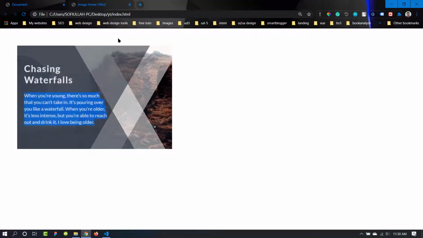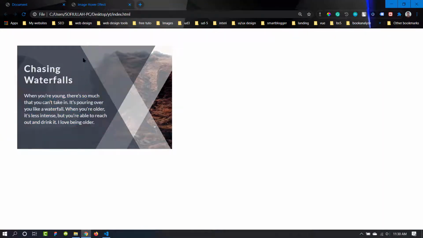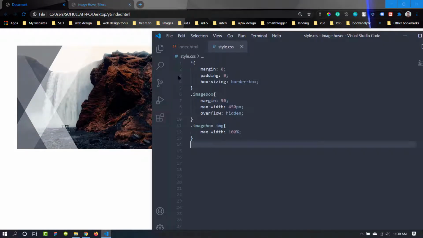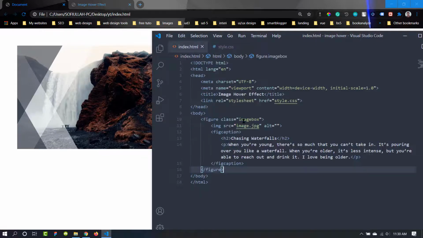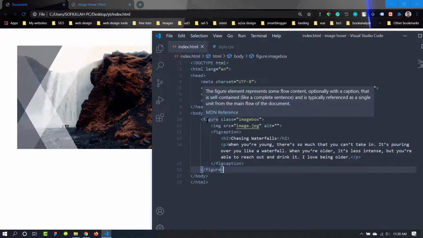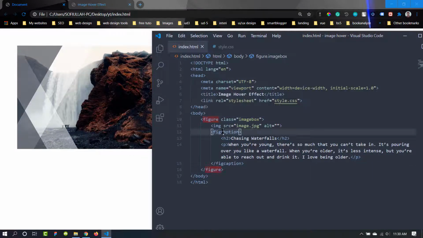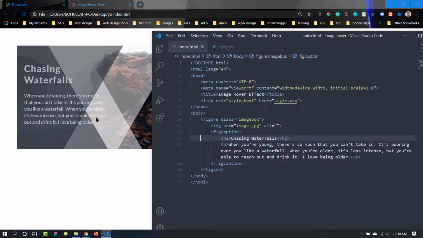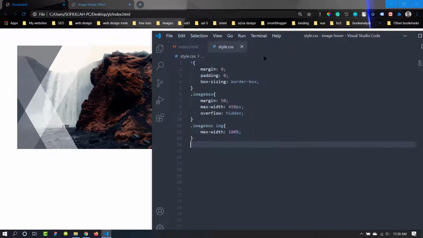As you can see here, there are 4 elements, these little boxes, and we are going to use the pseudo element to make this happen. So in here there are 2 elements. One is this figure and the other is the figure caption. We can use 2 pseudo elements on each of them, before and after, with this one and this one. So it will make these 4 elements, and this is how we are going to do that.